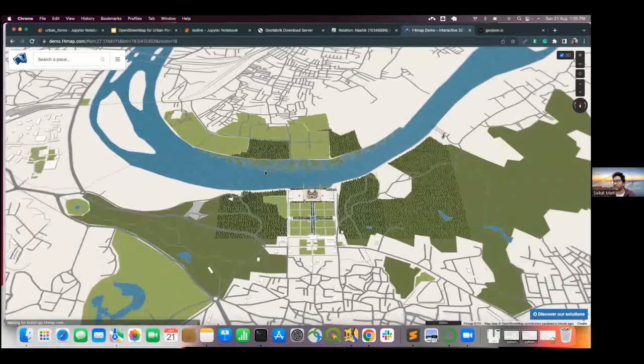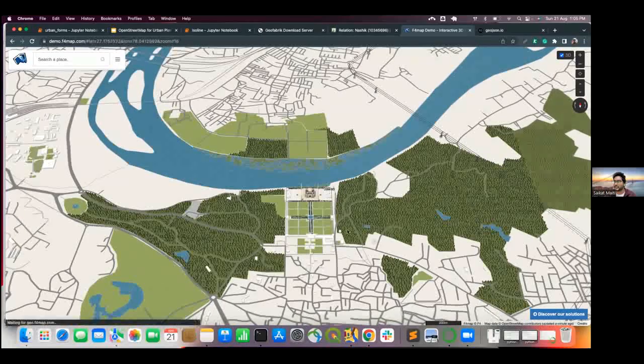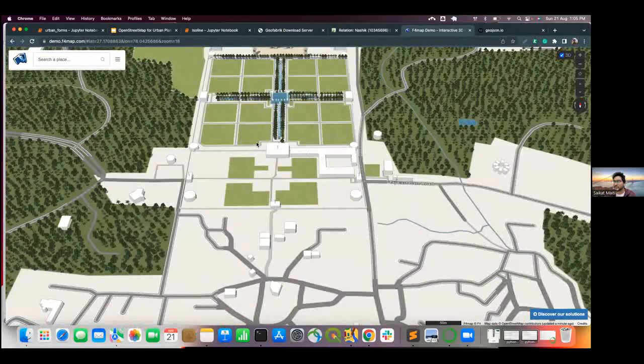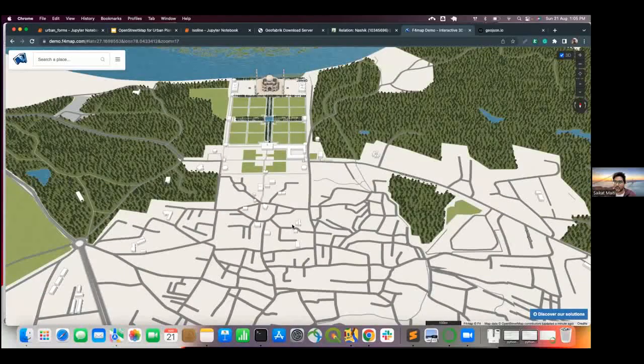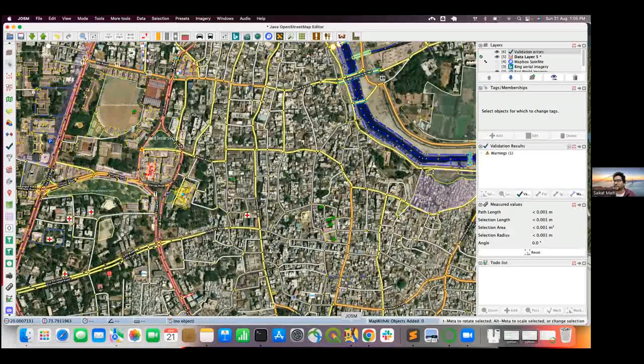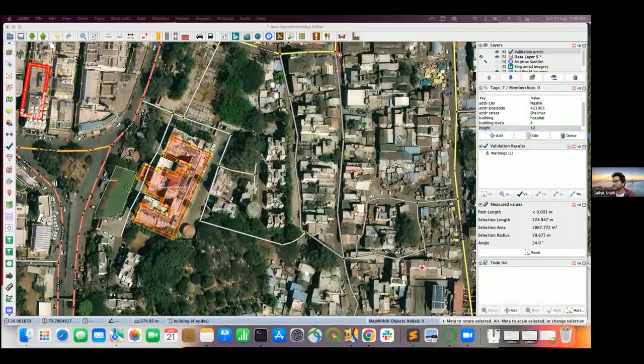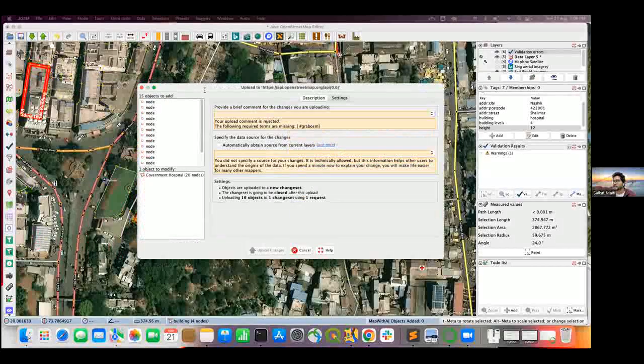Okay, so let's say you have decided that you want to create a 3D city for Nasik, and you did a survey of all the building heights, you feed the data in OSM, then upload that data in OSM. Like, okay, I have added 3D information. If I want to upload this data, I can upload it. This kind of